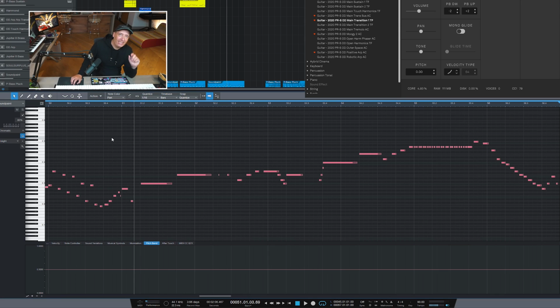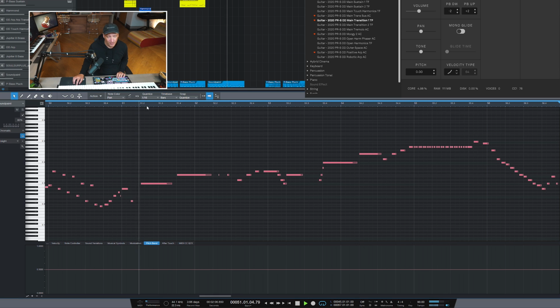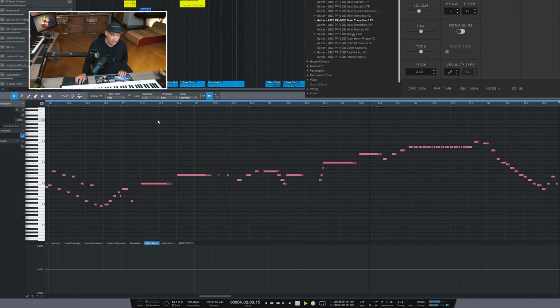In fact, when we talk about the pitch bender, I want to say be graceful, but that's not really the point. You shouldn't be graceful. You should be gracious with it instead and really go all out. Notice down here, I've removed all the pitch bender information and just see how stiff and digital it becomes, like soulless. It just doesn't have soul versus...